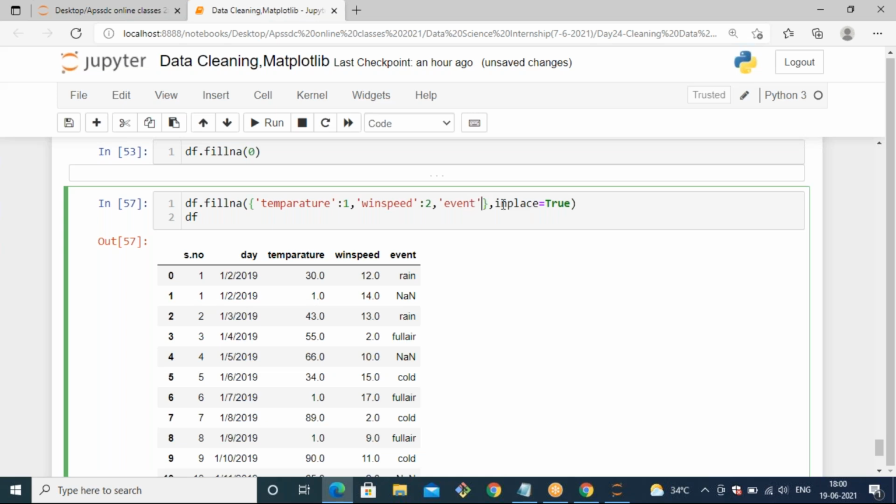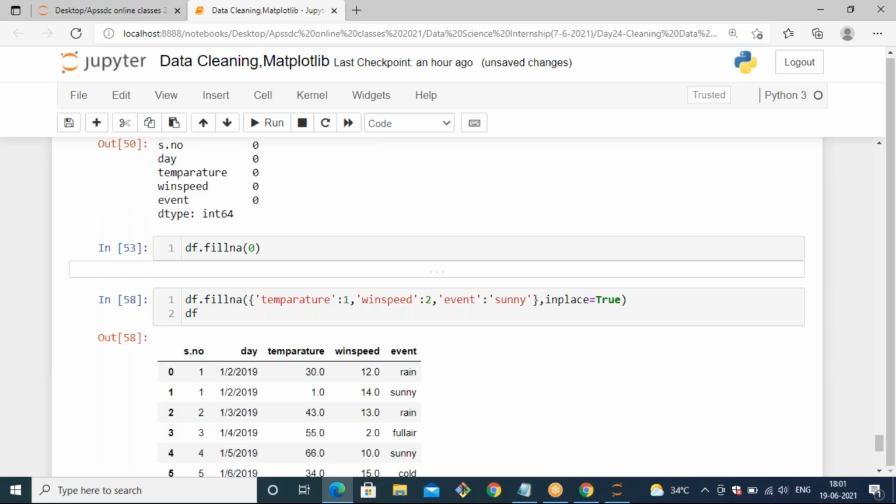In the event column, whenever there is a NaN value, I want to change it with Sunny as the value. Sunny is a string, so I need to pass it in quotes. Yeah, it is not raising an error.